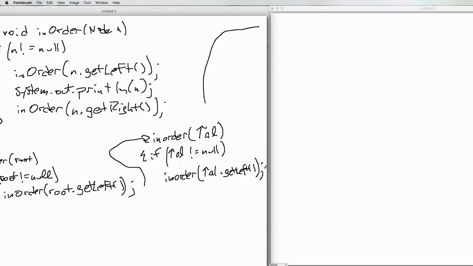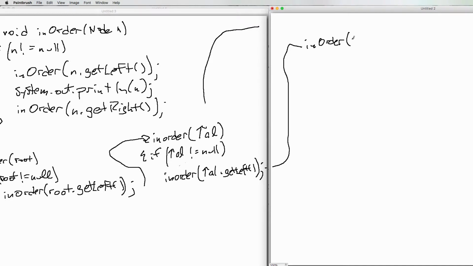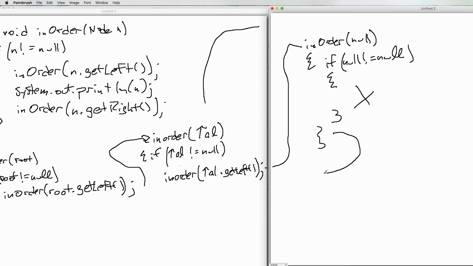is now this is going to make another call to in order, but now this is going to be a null pointer. So we come in here and it goes if null doesn't equal null. Well, it does. So none of this gets executed. So I come down to here and this is all done. I'm finished with this one. So now what happens is I return over to here now, and this now says